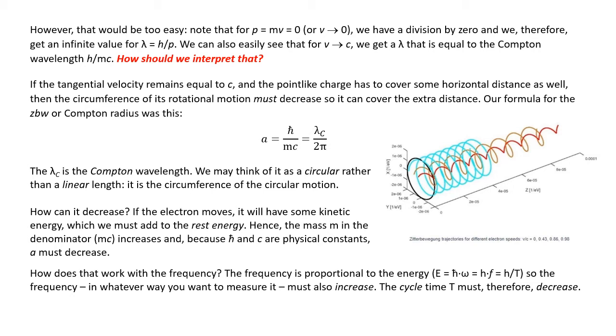As soon as our point-like charge starts moving, it has to cover some horizontal distance because we are moving with respect to the electron, or the electron is moving with respect to us. It doesn't matter. In our frame of reference, the circumference of the rotational motion must decrease. Because it needs to cover some extra distance, right? Regardless, in this moving reference frame, it has to cover some extra linear distance. And that's actually fine, because if we drop the subscript 0, we have actually a Compton radius